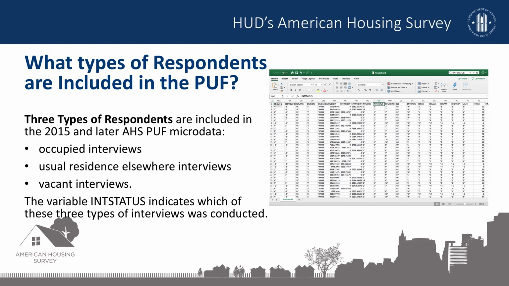HUD and Census created the 2015 and later National Sample Case History file to track all sampled housing units in the Integrated National Sample and the next 20 independent metropolitan area samples. You can review this file if you want to know why various sample cases were not surveyed or were non-responses for 2015 or any later year.